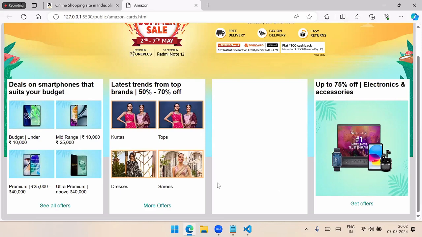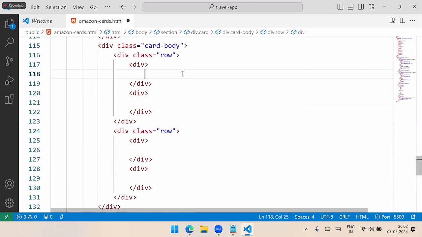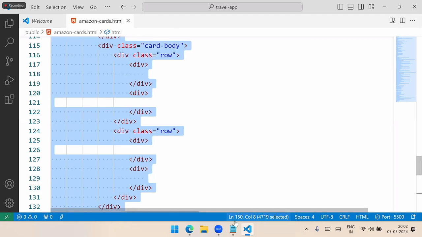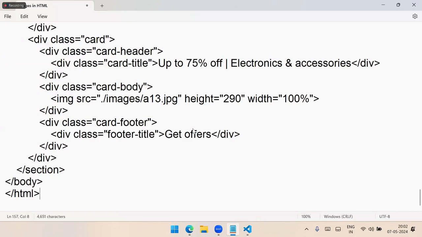And the rest you can design. That means what I will do is whatever is there, you have to keep here. Right? You can try this. I will copy this example. This is Amazon cards. You must be able to design this